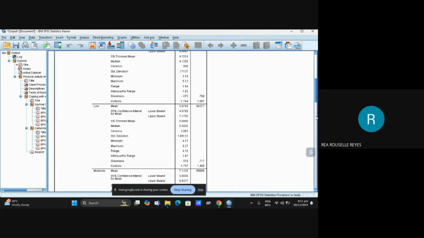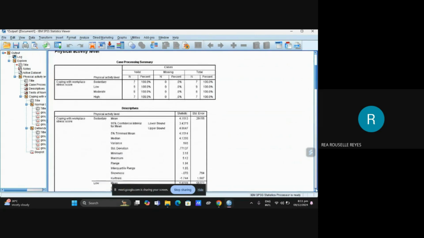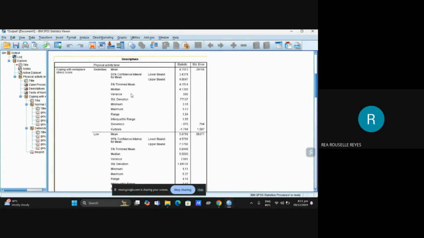Here is the data for the physical activity level, the case processing summary, and of course the descriptives. We have the physical activity level, the statistics, and the standard error.